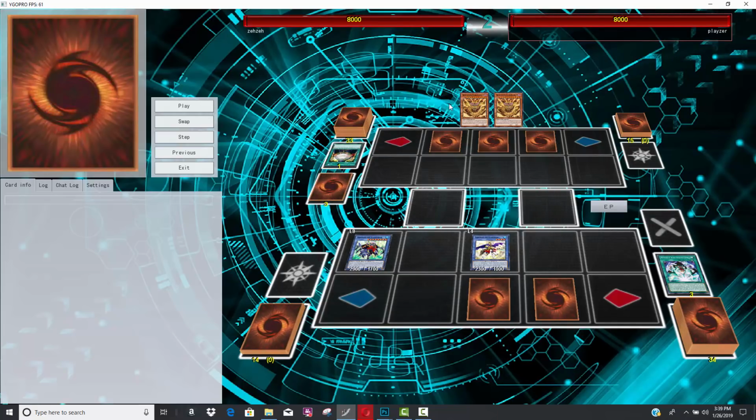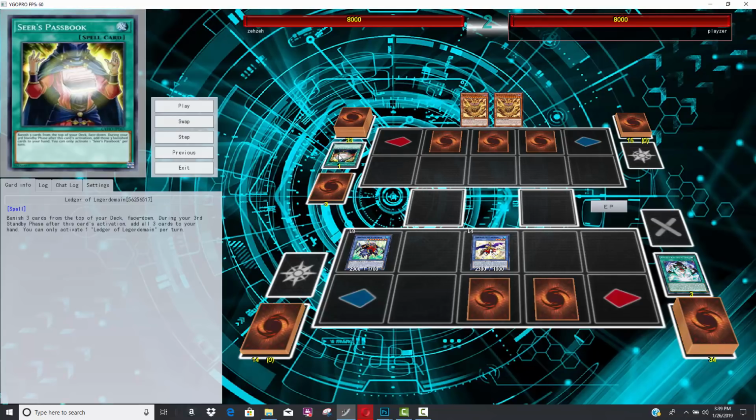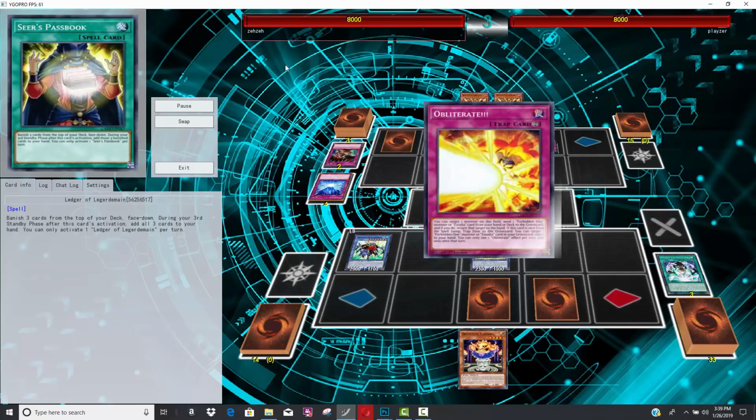He's playing Exodia, and it's an interesting build of Exodia. He's playing things like Sears Passbook, which I guess is Ledger of the Ledger main. What are these TCG names? He's also playing a whole bunch of other draw cards. It's kind of a deck where he can slow the pace down, and he's trying to draw